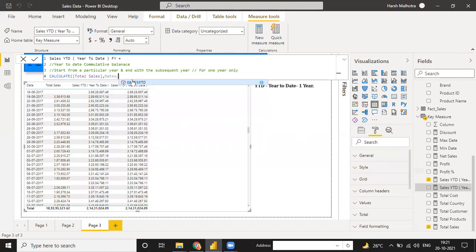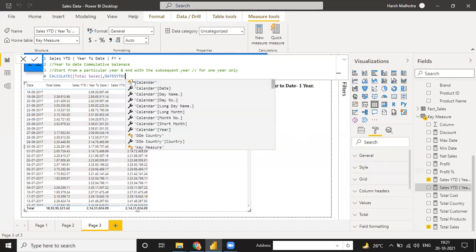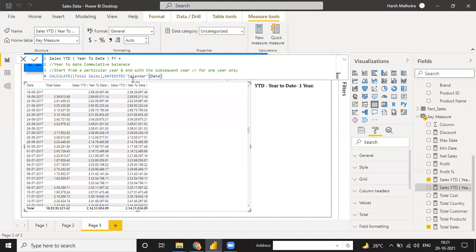The measure is okay, but you are dragging the same measure again and again. So, yes, calendar dates. Right now I'm using till only here. Just put enter. There are two different functions for YTD. Either you can use your dates YTD or you can use your total YTD. See this one, this function.